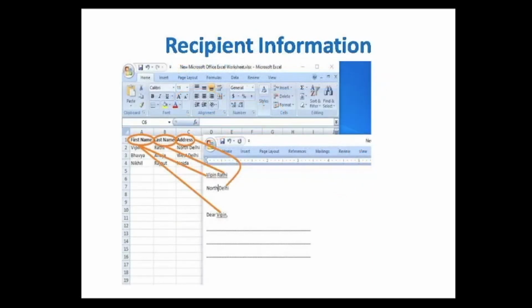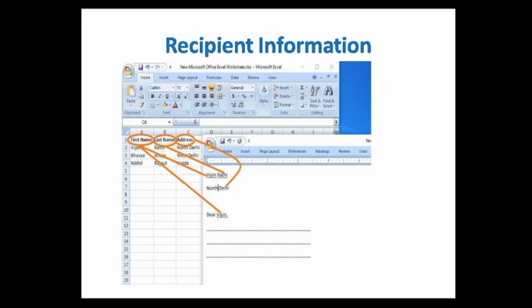Let's move ahead. This is your recipient information that you are going to maintain in Excel. I am going to show you here an example of Excel where I have taken the first name, last name, and address fields, which can be used to fill the placeholders in my main document. To elaborate more on the recipient information, it is unique in each copy for each individual.